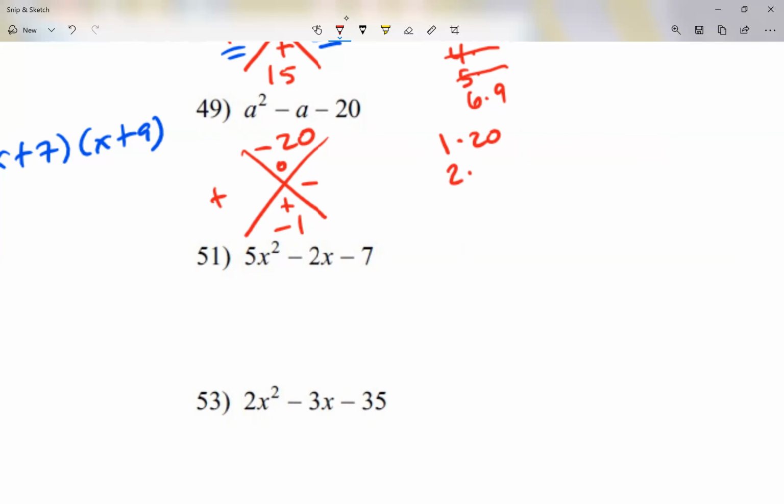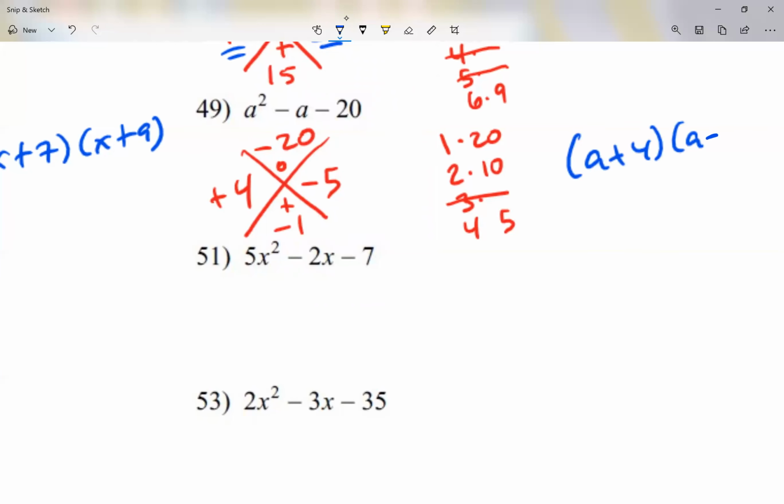Then 2. I know 2 times 10. But when I subtract them, it doesn't work. Then I say, how about 3? 20 divided by 3 gives me a decimal, so that one doesn't work. How about 4? 20 divided by 4 is 5. So I know 4 times 5 is 20. When I subtract them, it's a 1. All right. But I want them to be negative 1. So I'm actually going to keep the negative. The big number is negative, and the small number is 4. Right? 4 times a negative 5 is negative 20. Positive 4 minus 5 is a negative 1. So my answer will be x plus 4,